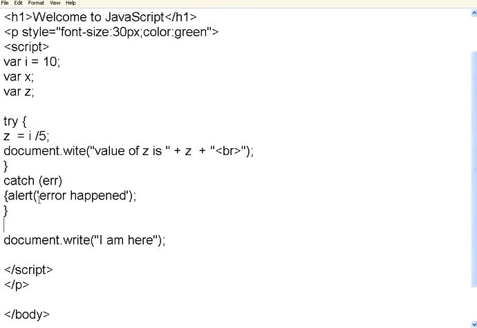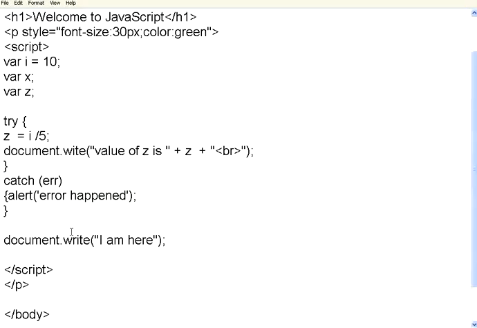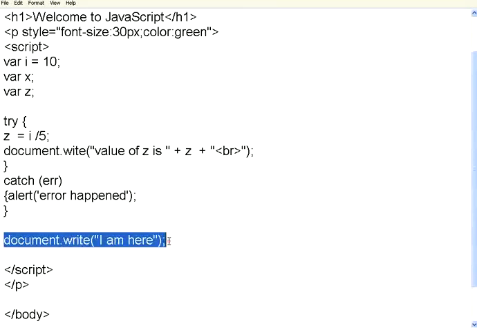Most importantly, once the exception is caught, the code will not halt. It will start executing the subsequent lines. If you do not have try catch block, if you have 40 lines and an error happens in the 25th line, lines from 26 to 40 will not get executed. Whereas if you have try catch block, even if an error happens in one place, the program will not halt. It will start continuing after the catch block.